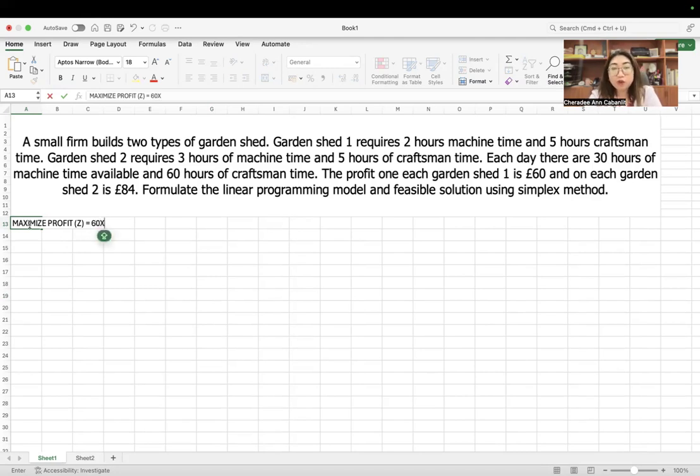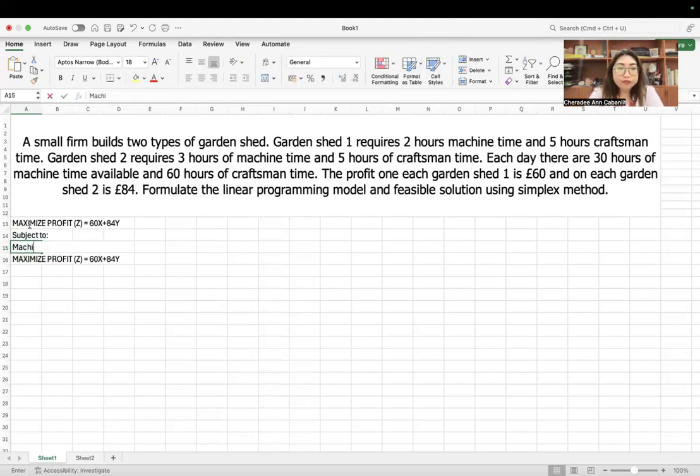Let's name garden shed one as your X1 or X or Y, either of the two is fine. And 84 pounds for Y. Okay, so that's your formula for the LP model. Subject to the following constraints with regards to the machine time, I think machine time should be first, and then craftsman time.